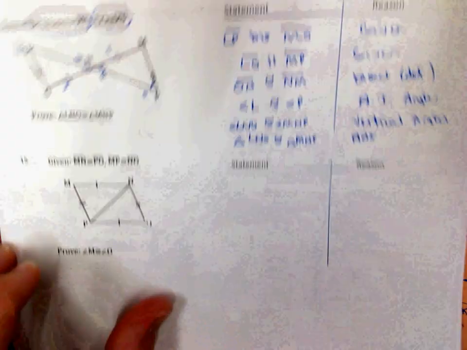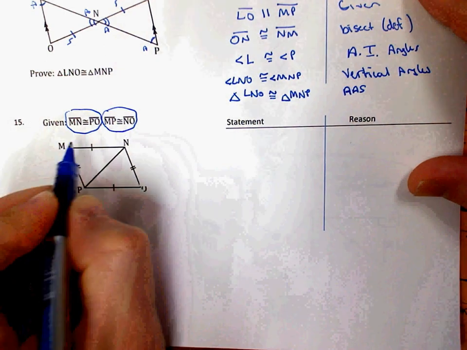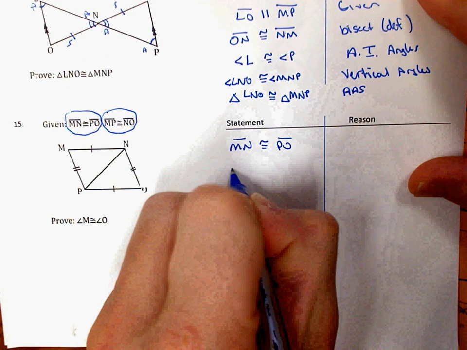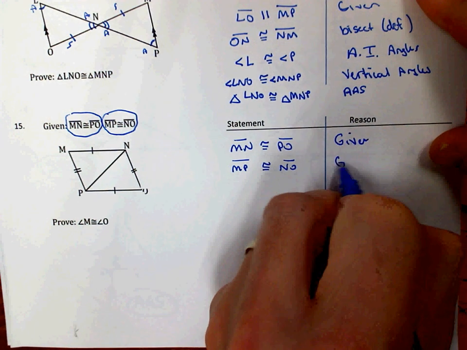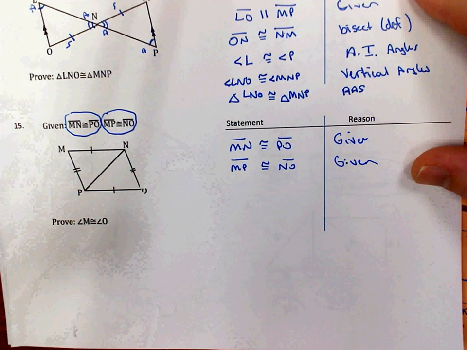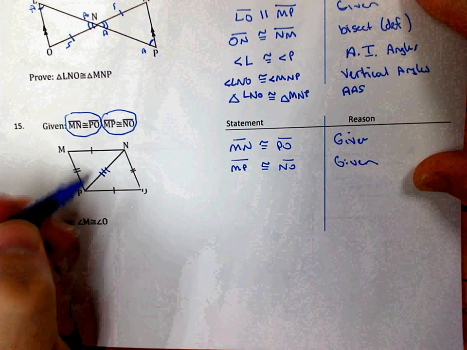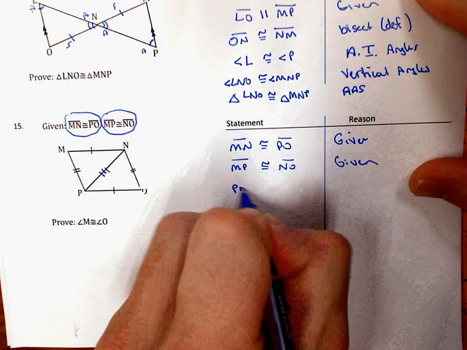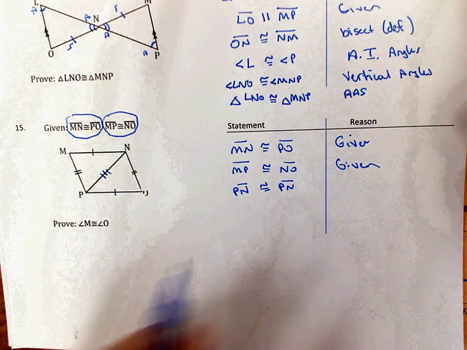And then finally, this one here looks a little bit easier to work with because it gave me 2 marks already. So I can say that MN is congruent to PO and that MP is congruent to NO. Those were both given, didn't have to earn either one of those, and that's 2 markings. Now I need a third marking. So I look at the picture, is there anything else that I can determine on my own? And I see this line segment PN is a part of both triangles. We called that the reflexive property because it's the same part of both. So I can say that PN is congruent to itself. You're writing it once for one triangle and once for the other. And because it's congruent to itself, which we call the reflexive property,